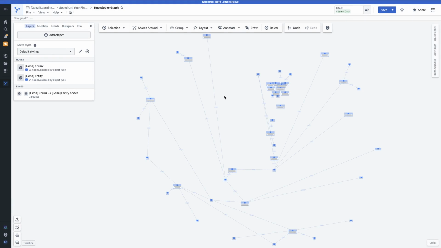In this case, though, we've created this graph for a specific set of 20 or so chunks. However, what if I wanted to see this graph for a different set of chunks? What if my colleague wants to use it to look at a different set of chunks? To do that, we'll create a Vertex template. You'll do that by going to the Save button, hitting the dropdown,